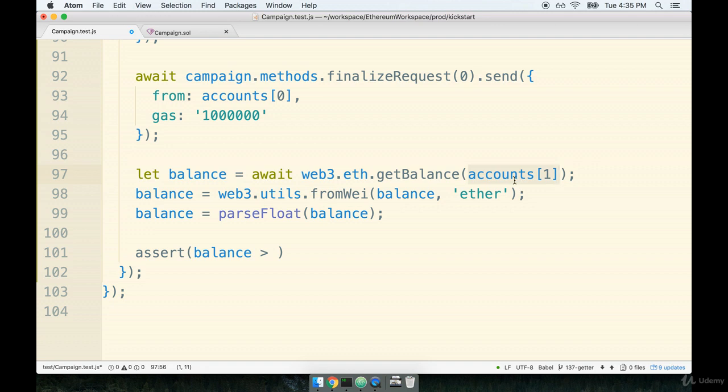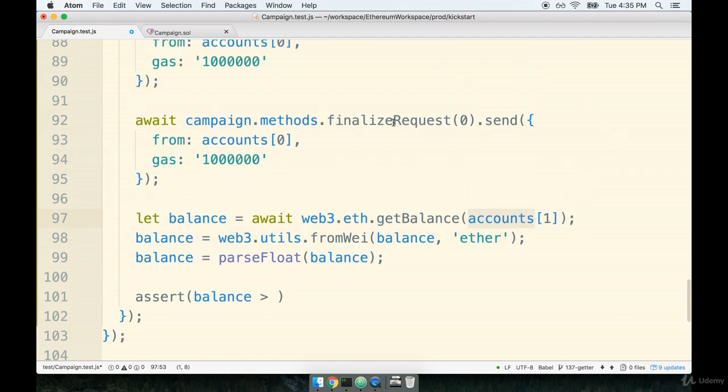So in other words, we have to be aware that accounts at 1 might have who knows how much ether. Just because I know exactly how these tests are working, I know personally that accounts at 1 at this point in time probably has around 99 ether or so. So just to make sure that my tests pass and allow for some float here, some changing of accounts 1 balance in case I ever come back and adjust these tests, rather than saying that accounts 1 should have greater than 105 or exactly equal to 105 ether,